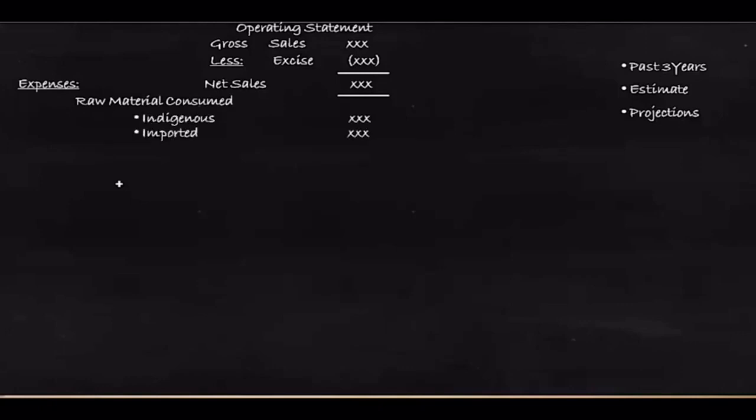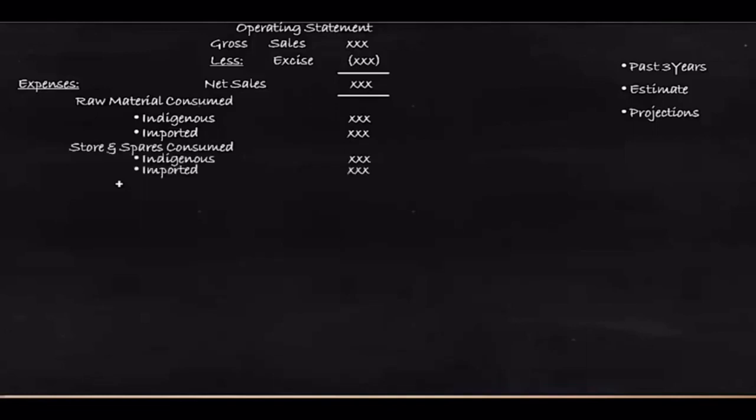This information is important because they have to understand how much is sourced locally, how much is sourced from outside the country, because when it becomes an outside country purchase, obviously it would require something called letter of credit. For that purpose, this breakup is required. Number two, what are the stores and spares that have been consumed, and that should be broken into indigenous and